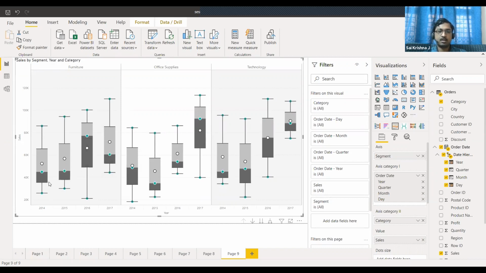Similarly, in any data cleaning work that you do before a machine learning project, we have something called outlier treatment. If any particular value is very high or very low in one of the variables that you have, you use this box whisker plot to identify those outliers and remove them.